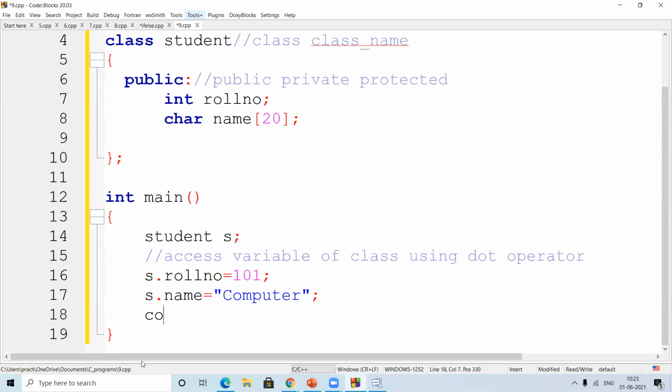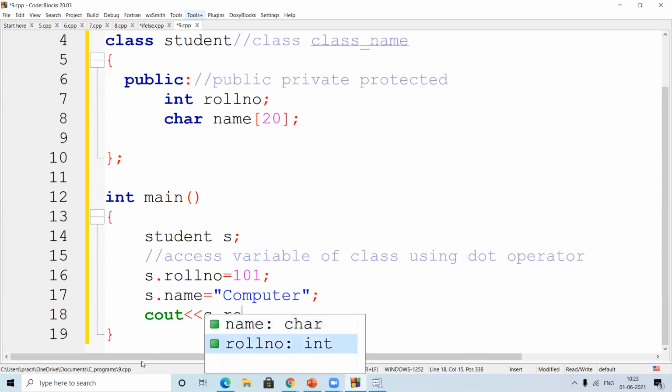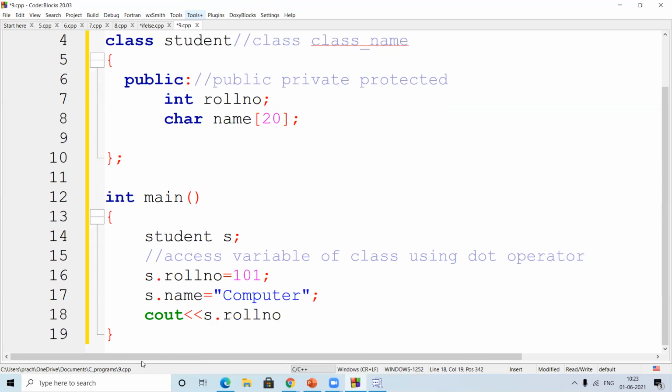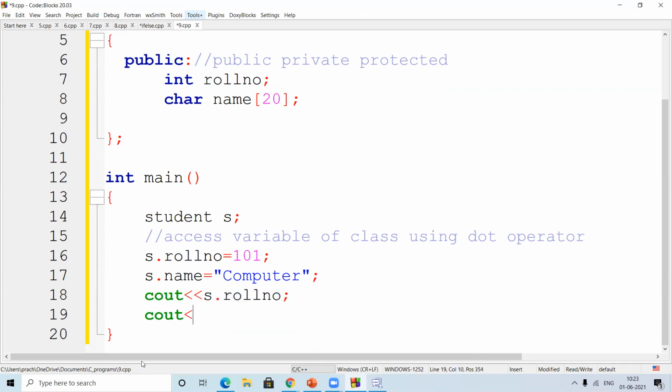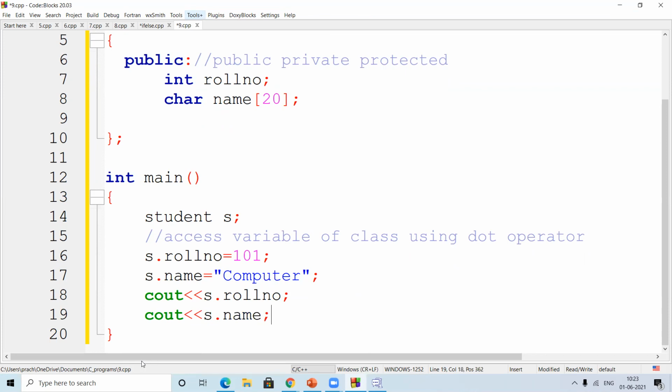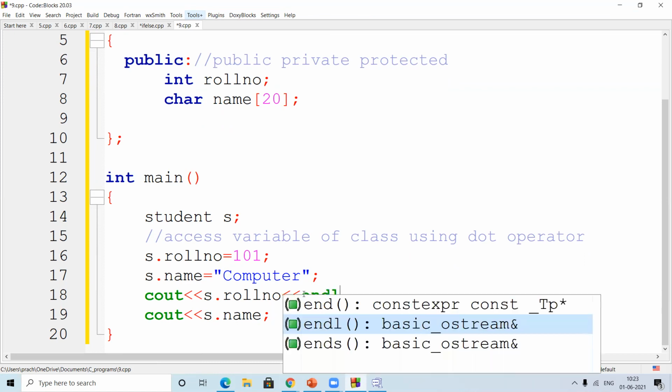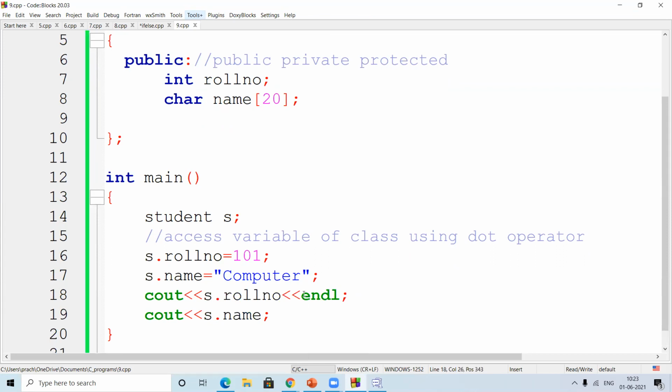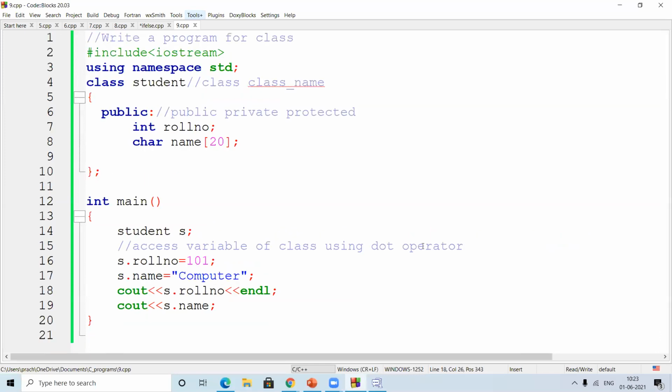Now how will we print it? We have to access it. So s dot roll number, cout s dot name. See, the suggestions are provided by the compiler itself if you're using Code Blocks. I'm saving it and we'll run this and you'll get to know how it works.